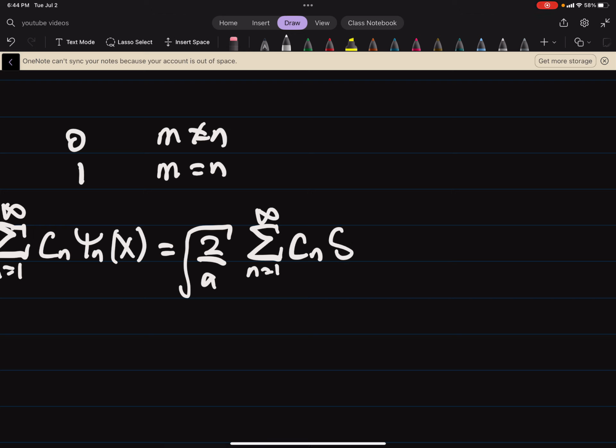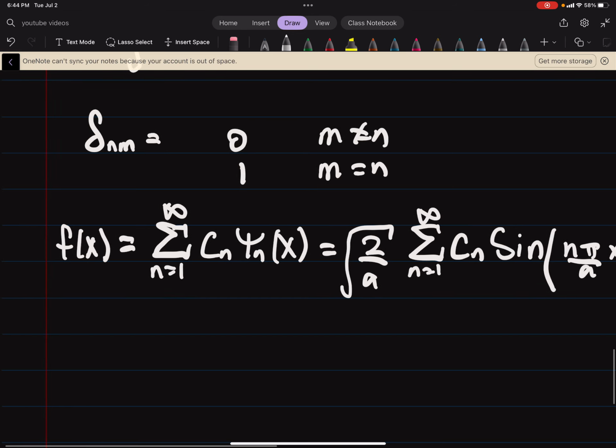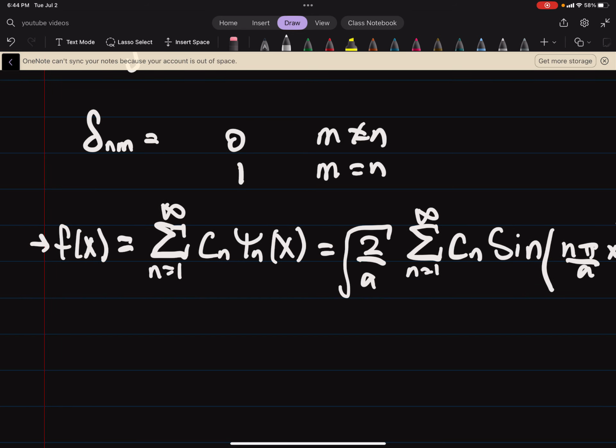C sub n, psi sub n, pi over a x. So the fact that this is true is not necessarily obvious unless you're familiar with this. This is a Fourier series. So if you've seen it before, then it kind of jumps out at you,